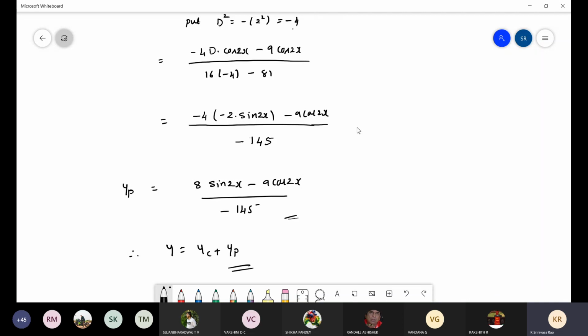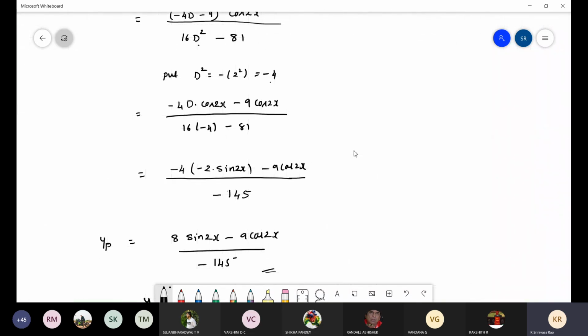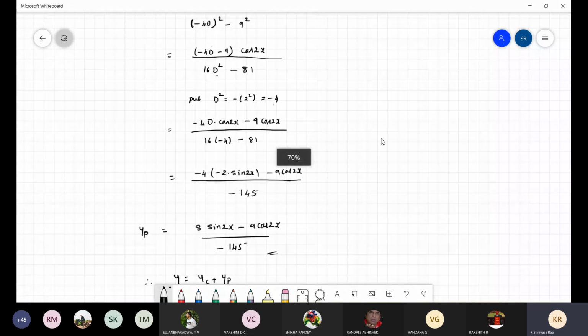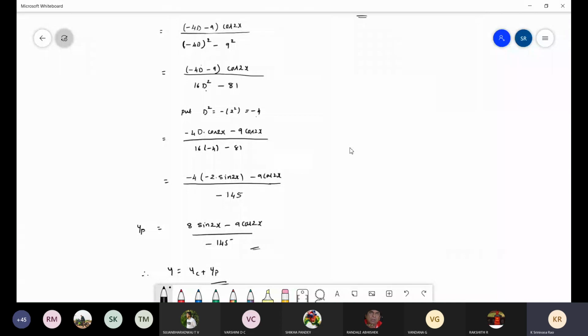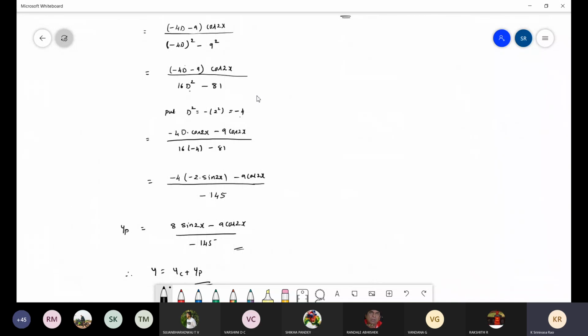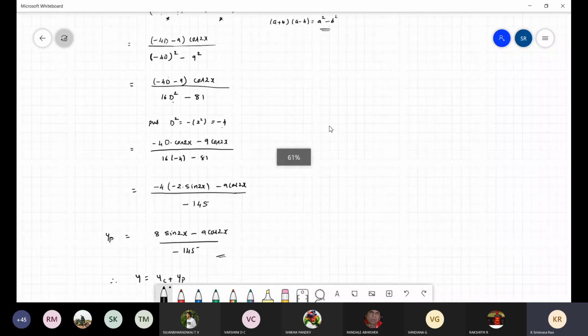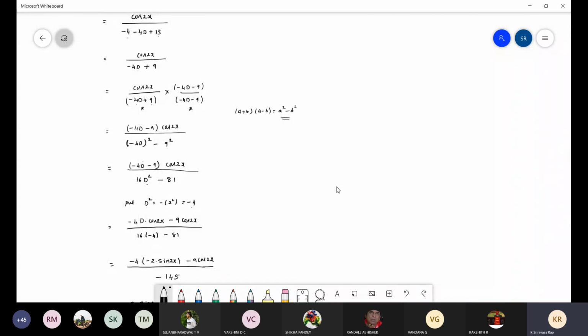Now you can observe the difficulty compared to the first method, yesterday's problem and this problem. Yesterday's is very simple. If exponential comes, you are very lucky, you can finish the problem within 5 minutes. But if trigonometry comes, you have to do this much simplification, because the substitution to the denominator is only for d square. We have to do some extra mathematics to obtain the d square. So the best is the rationalization method, and it is not common for all problems. Again, if you solve more problems, you will understand. Okay, I'll go to the next problem.